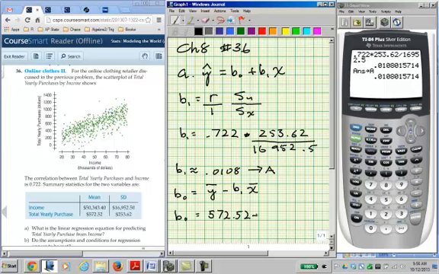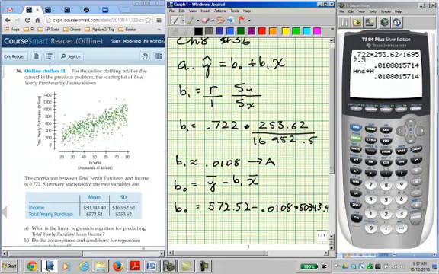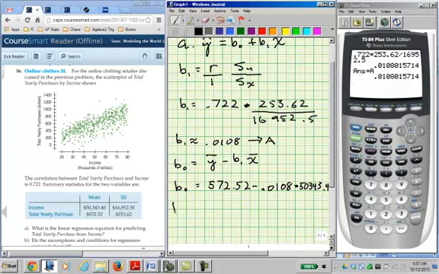So that's going to be 572.52 minus 0.0108 times 50343.4. That is the mean of the independent variable of the income. Okay, so b sub 0 equals